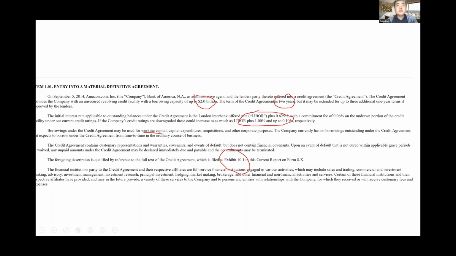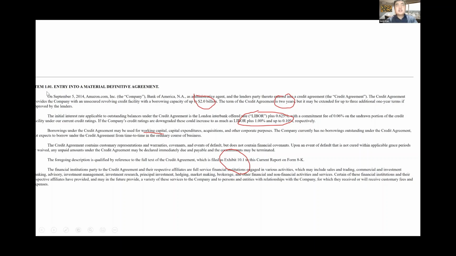On this material contract, what contract is this with whom? With a loan, with a bank, Bank of America. And this is Amazon. So Amazon, on September 5th, 2014, had a loan contract with Bank of America, and they disclose the contract in the item